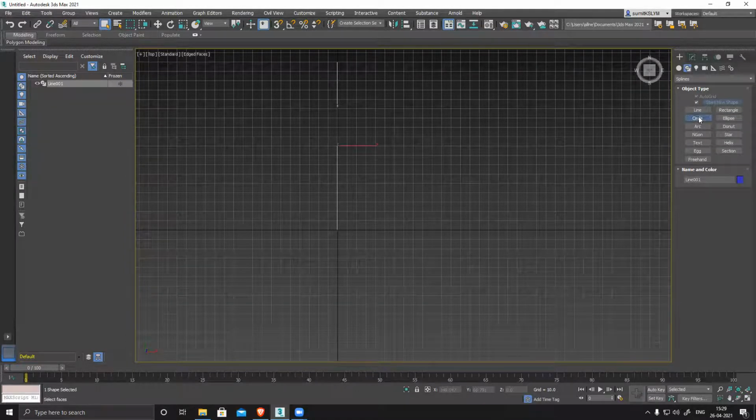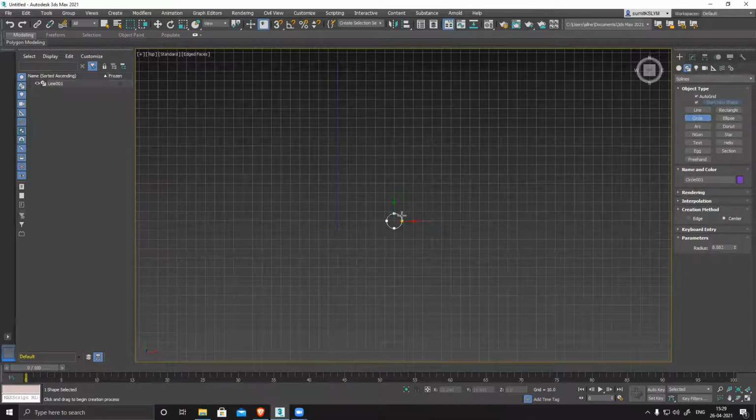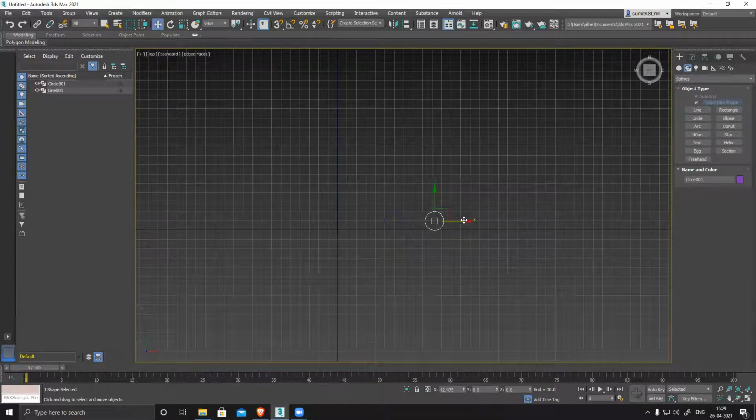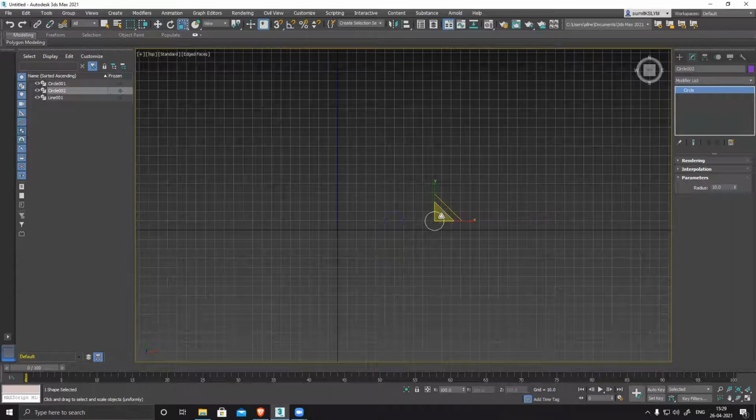Here I have a circle. Generate a circle. You can see the radius. Suppose I want to make it 10. If I want one more circle, I can simply duplicate this and then scale it. Visually it's changing the size, but the radius is exactly the same.